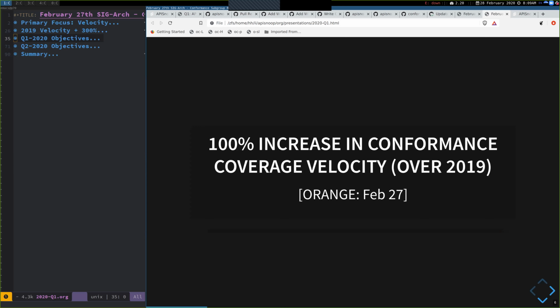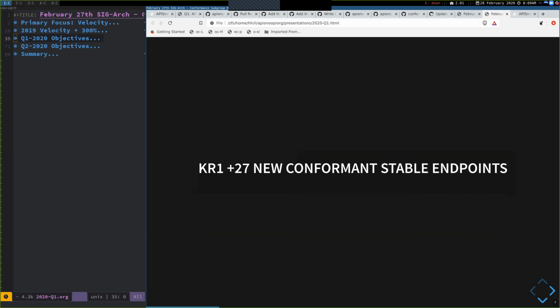Can we get 100% increase over what we had in the second half of 2019, our overall? And the result to measure that, did we get there, is number one, did we get 27 new conformance stable endpoints? That's what I want to see. I think we all want to see. I think we'd also like to see a 6% overall coverage increase by the end of March.